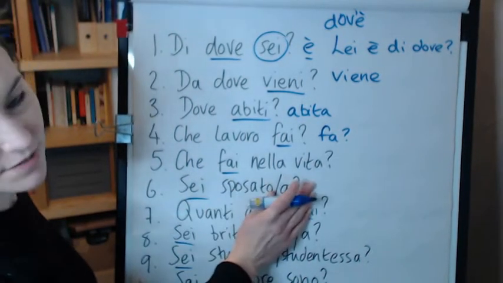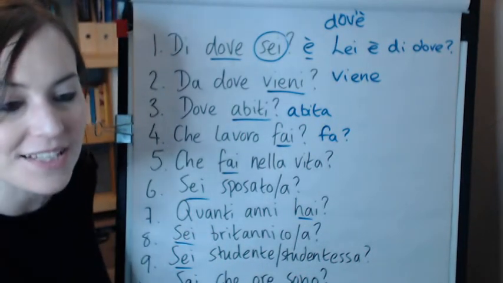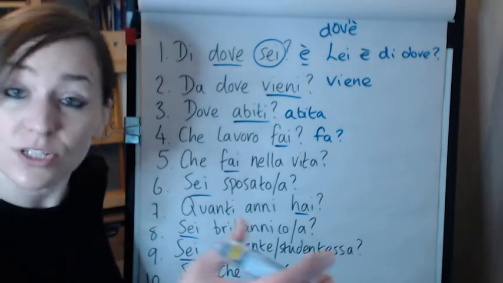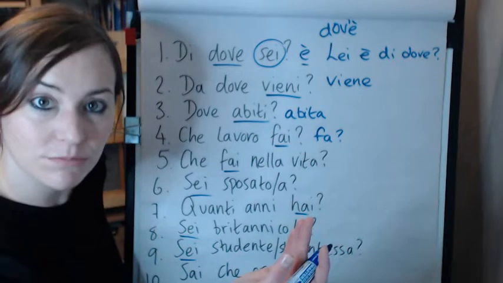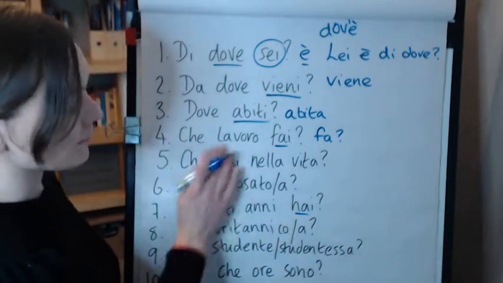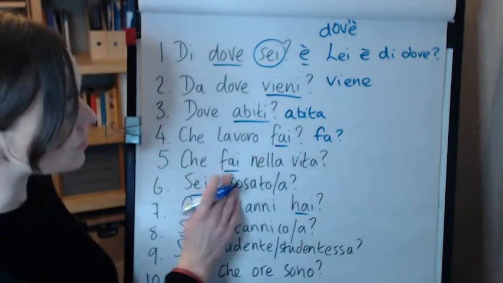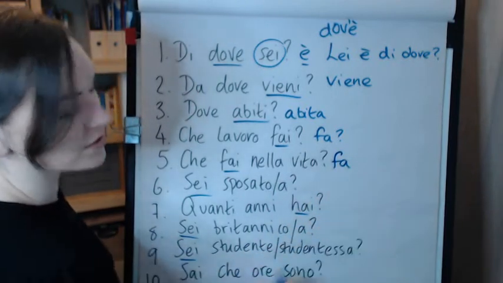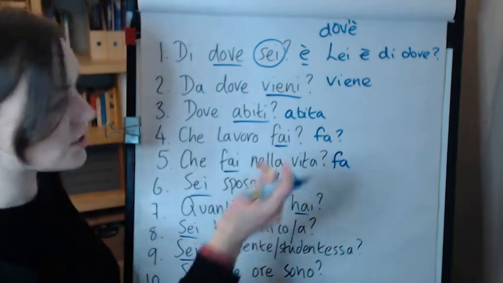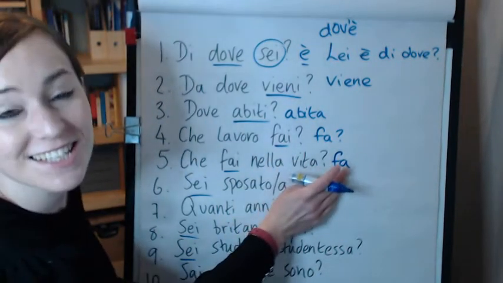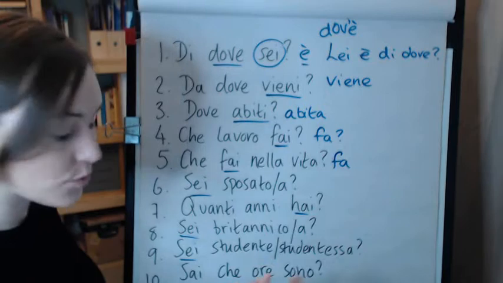Che fai nella vita? What do you do in life? So that might seem a little bit strange, but that's actually quite a common structure. Now, what is it you do? What do you do then? Okay. So if you're asking someone politely in the lei form, fai, again, it's the same verb here, fare, to do or to make, changes from the tu form to the third person singular, fa. Che fa nella vita? So every time I'm underlining the verb and I'm writing the lei equivalent there, just substitute this part here with that and you have a lei form, okay?